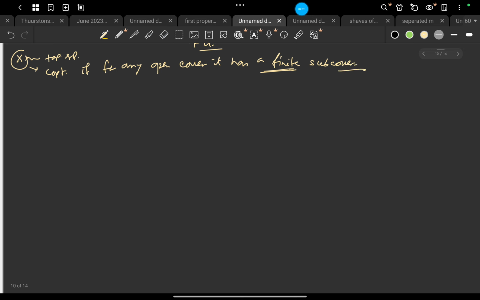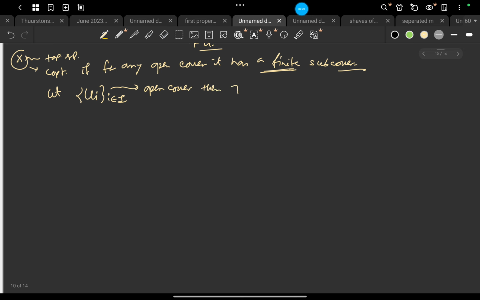So what is a finite subcover? Suppose this entire collection U_i, i belonging to I, is an open cover.